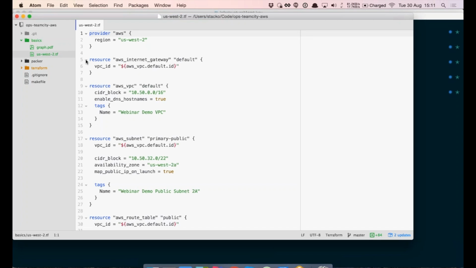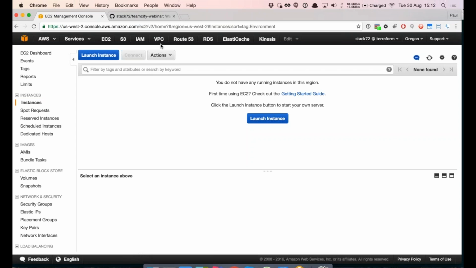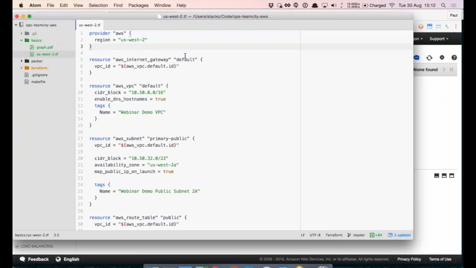Firstly and foremost, we declare a provider. Terraform ships with lots of providers: providers for AWS, Azure, Google Compute, VMware. It has DNSimple, it has Postgres, it has MySQL. There are lots of providers that do lots of different pieces of infrastructure. But in this case, we're going to use AWS. There is currently nothing in my AWS account,